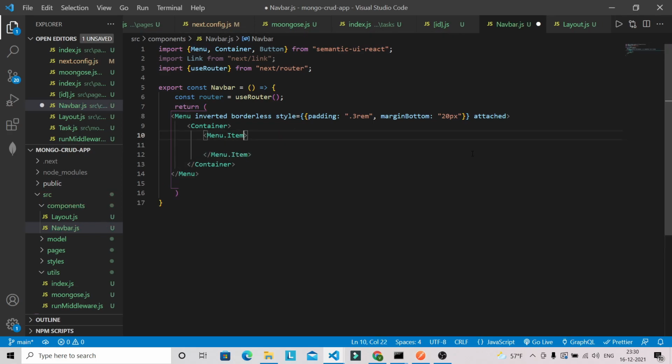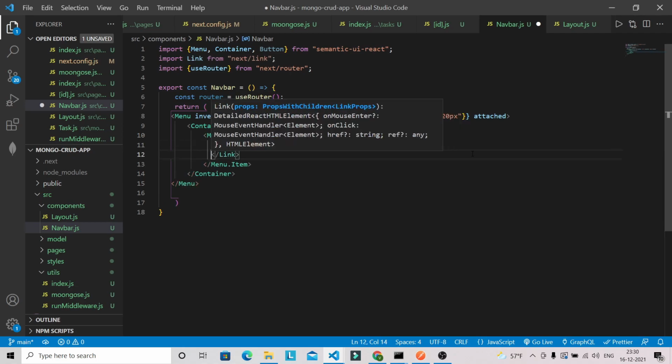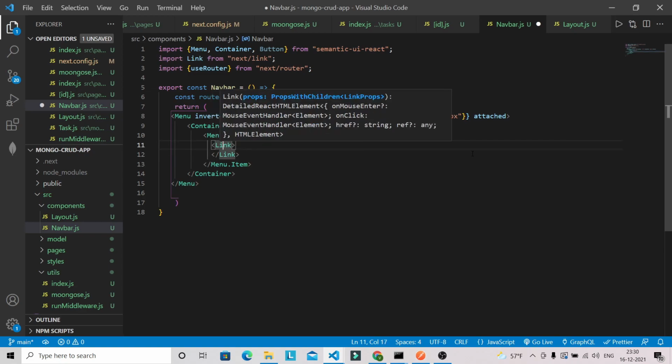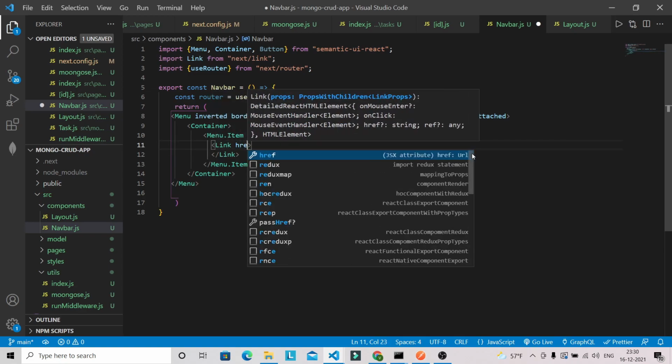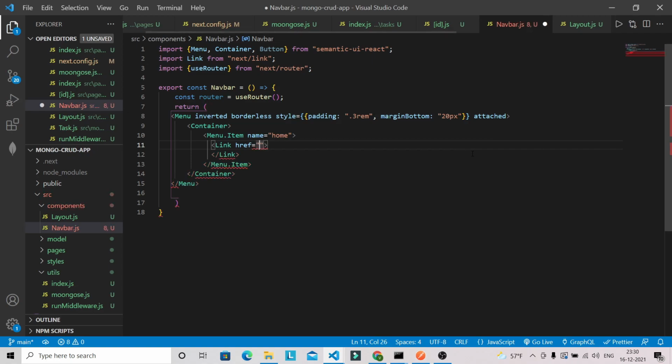And we can specify here name, so home, and we're going to have a Link, and here we will have href. So this will navigate towards the home page, and we're going to have an image source.